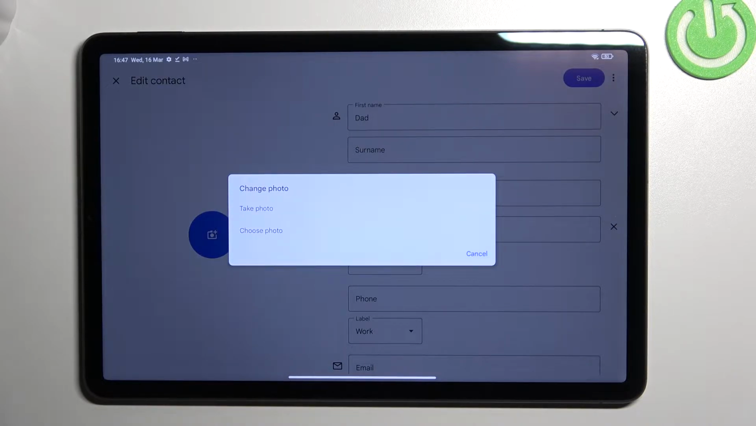So we can either pick the option to take a photo and then your device will open the camera app. So this is the best option to choose if you've got the person right in front of you and you're able to catch a photo of him or her, or you can choose a photo from the gallery and I